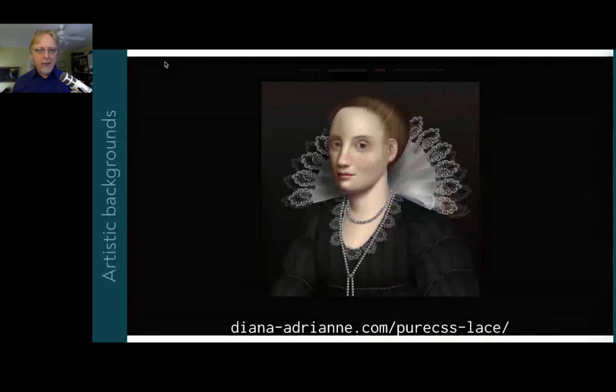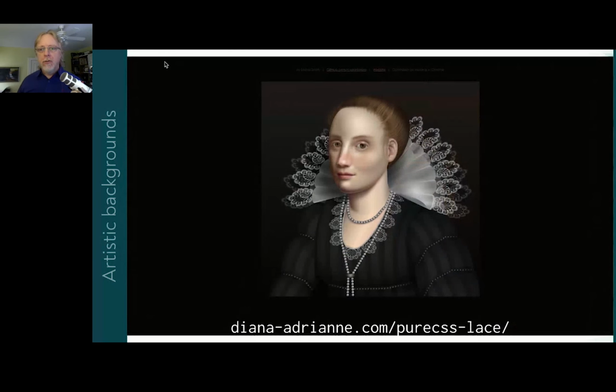Now, maybe you've seen this before, but if not, this is a piece of artwork constructed entirely of HTML and CSS. There isn't even any SVG in here, and it was all written by hand. It's just a stunning amount of artistry and effort that Diana went to here. A surprising amount of this particular effect is created using border radius and 3D transforms, but some of it is done with backgrounds. For example, keep an eye on the lace in the rough as I remove just one background image. Okay, and keep your eye on the lace again as I remove a second background image.